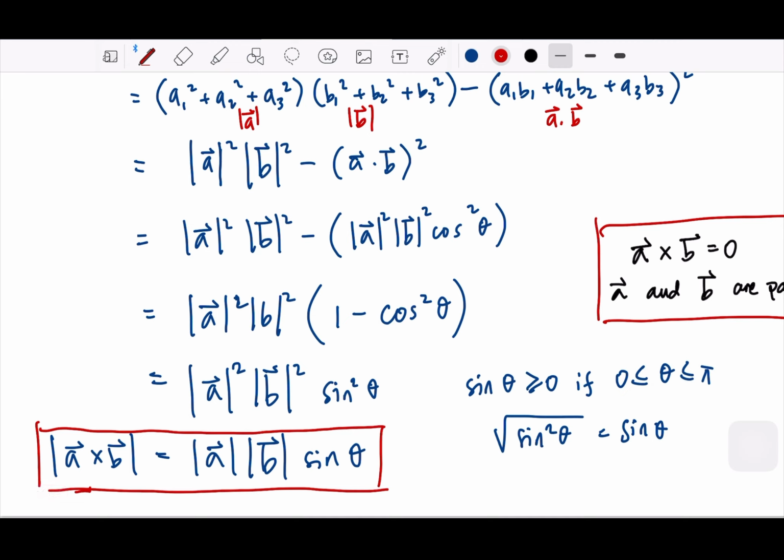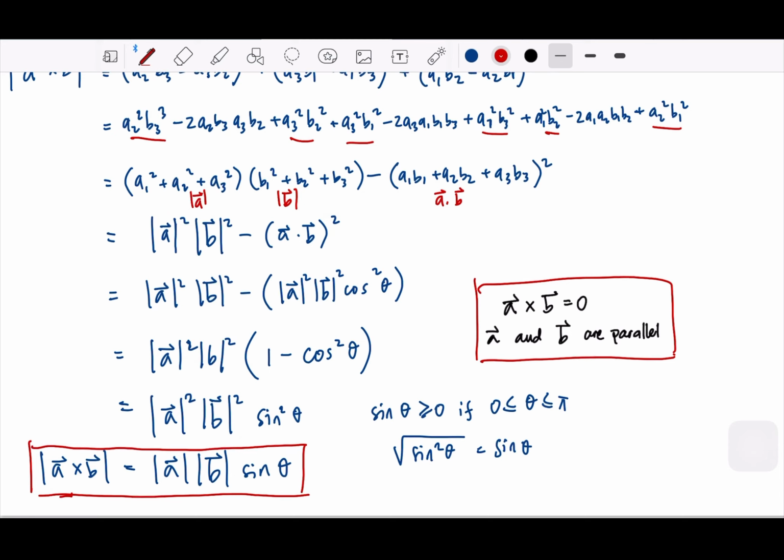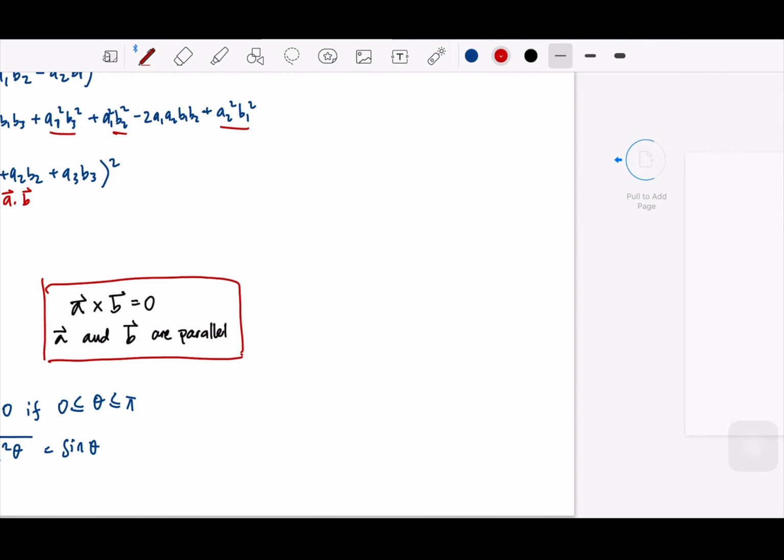But interestingly, from this cross product magnitude, we have sine theta, right? We can apply the sine to the area of the parallelogram. So if you remember the area of a triangle, we can set up the triangle in terms of sine theta. Right? We have just set a random triangle, then we can have the sine theta. So, for example, if we have the